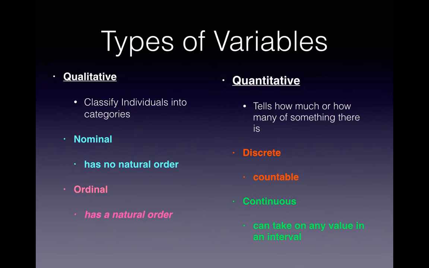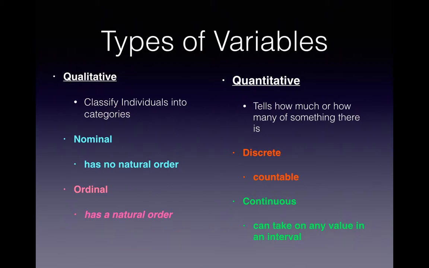Now let's switch on over to quantitative data. Now that's probably a term that you've heard. Quantitative sounds like quantity. So you're talking about the number of something that you have. So how much or how many of something is there or is evident, okay? Now when you talk about numbers, that can be discrete, meaning that you can count the number of things that there are. So how many pieces of candy do you have? Do you have 1, 2, 3, 4, or 5 pieces of candy? Or we could be talking about something that is continuous. So that means it can take on any value in a